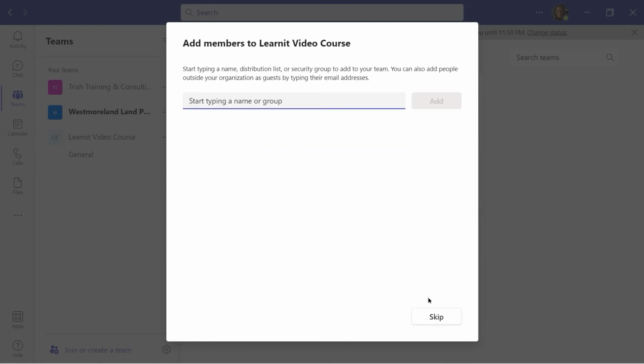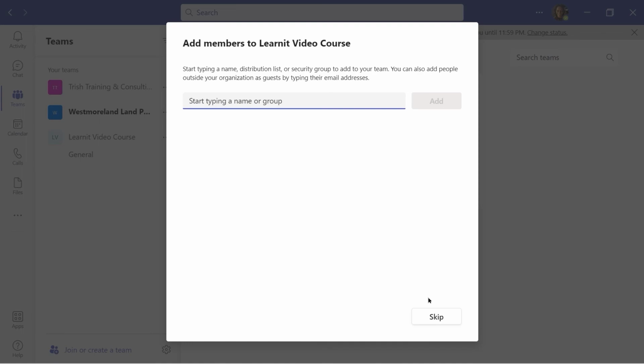So it lets you know you created it, you get good job and all of that. And now you can add members, right? So I could type a name, a distribution list, a security group. I can also add people to this team outside of my organization as guests.